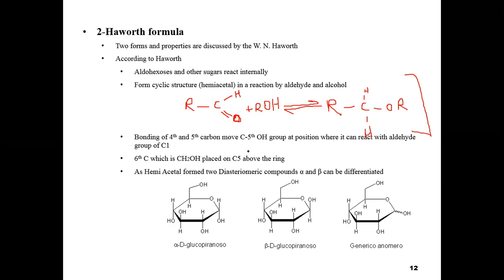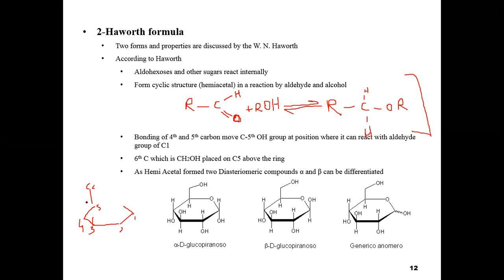Say, for example, if we draw the structure, this is carbon number one, this is carbon number two, this is carbon number three, this is carbon number four, this is carbon number five, and here is carbon number six. Reaction